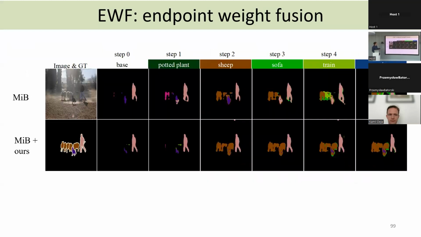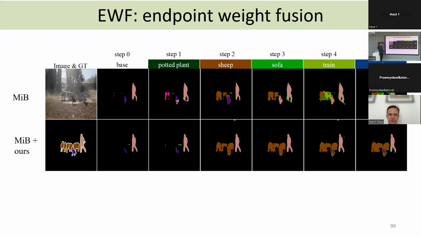Here are some results. Incremental semantic segmentation is a particular setup where at every task you normally only get the labels of one class, or several classes, but you don't get the labels of all the previous classes anymore, even though these classes are present. So for example, in the base classes, human and dog were already present, but then later you learn about sheep.